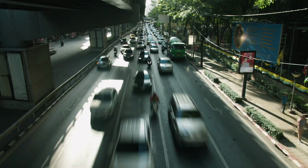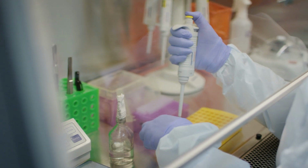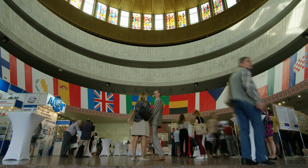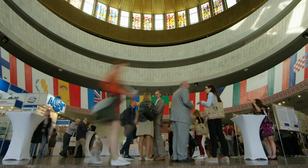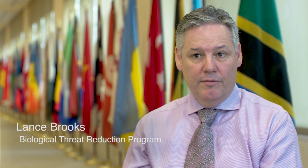The Biological Threat Reduction Program is aimed at improving our partner country's ability to detect, diagnose, and report infectious disease events. Partnerships are extremely important. Without having relationships, it would be impossible to get our work done. This is not something that the United States can do on its own. We, together with that country partner, determine where the needs and the gaps are, and then develop a mutually established goal